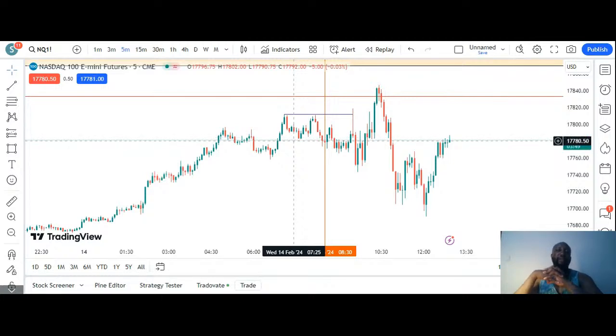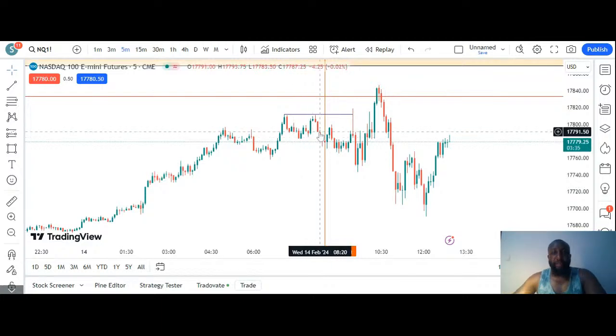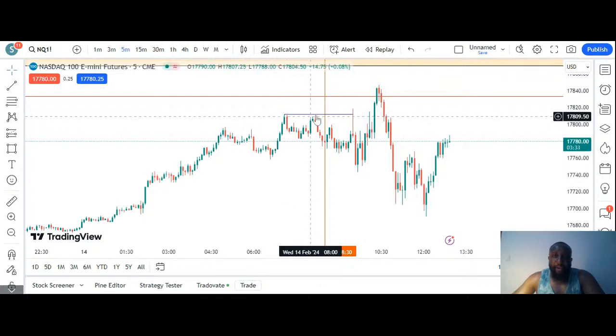That's how we say it. We say price is fractal. And what does fractal mean? It means that whatever you see happening on 5 minutes is the same thing that happens on like 30 minutes, the same thing that happens on 4 hours, is the same thing that happens on weekly. It's the same application basically. So we see that we have our relatively equal highs, and the market opened